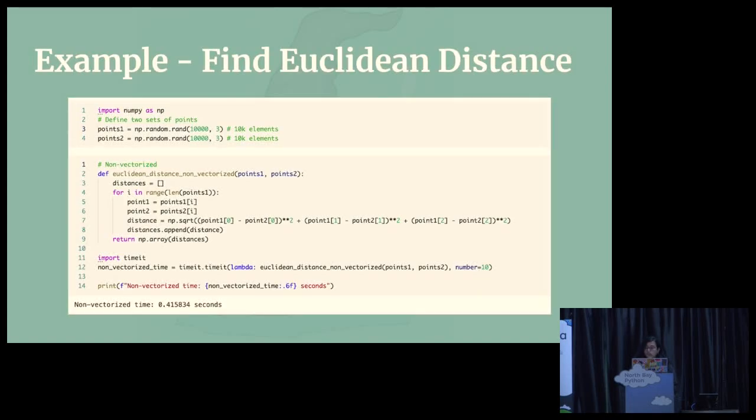So over here, I have this very simple code snippet wherein you're basically finding the Euclidean distance. This is just the formula of the Euclidean distance, and you're using a simple, non-vectorized way to do it. However,